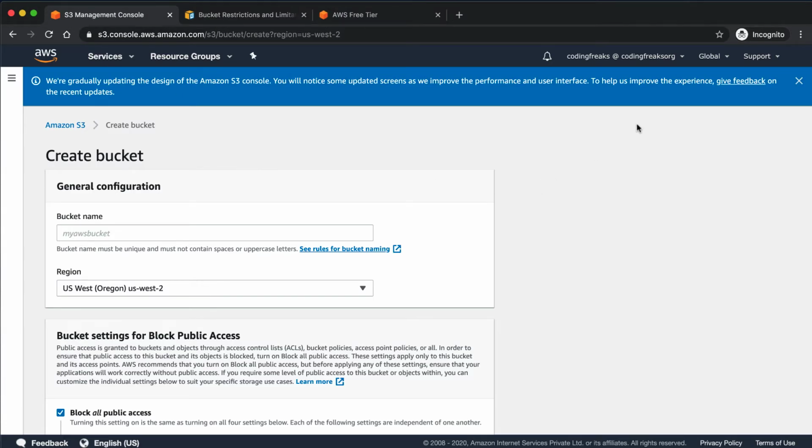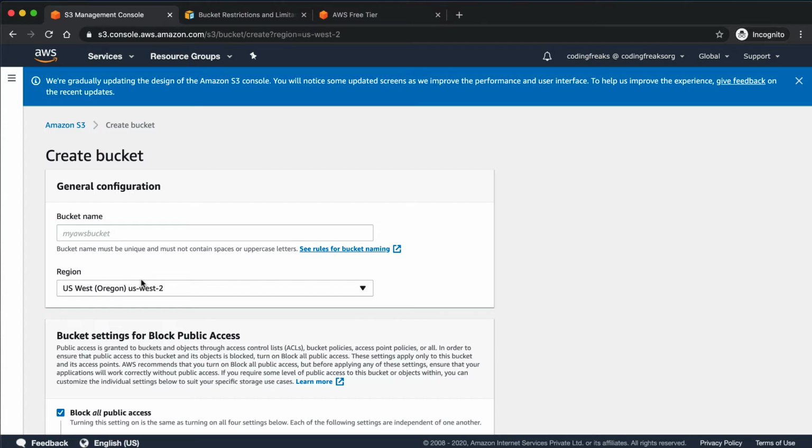If you see over here at the top right of this page, S3 is a global resource. But on the page, we need to select a region. There's a reason behind this. When you store data in S3, it is going to store your data in some physical data center, so you need to define where your data should be.